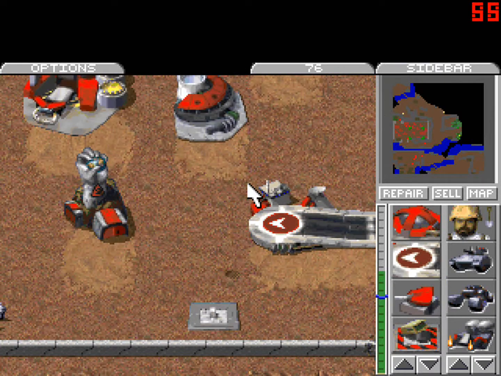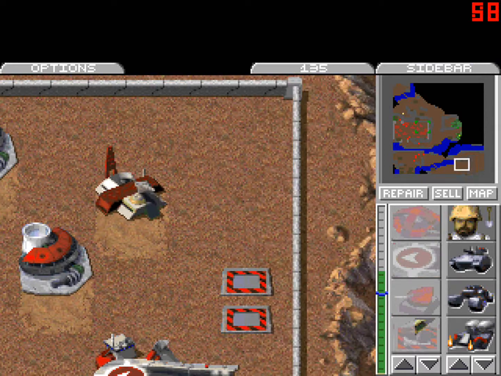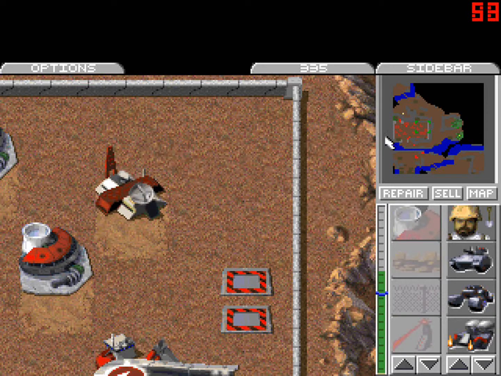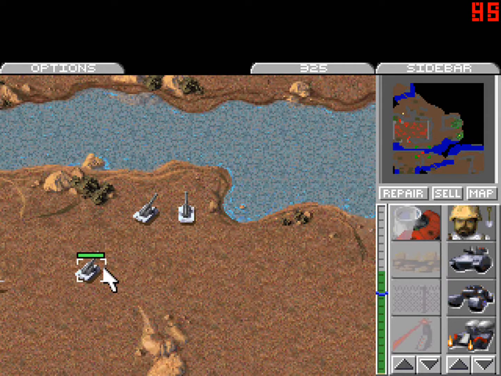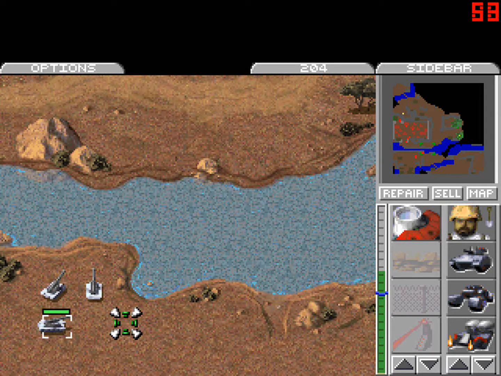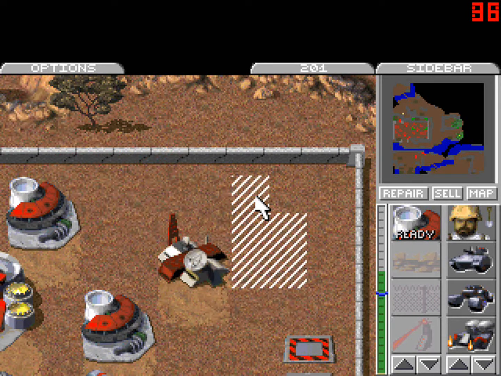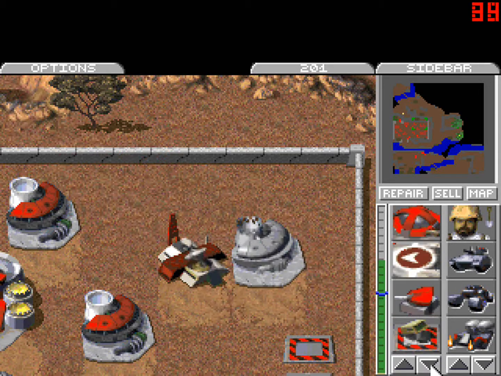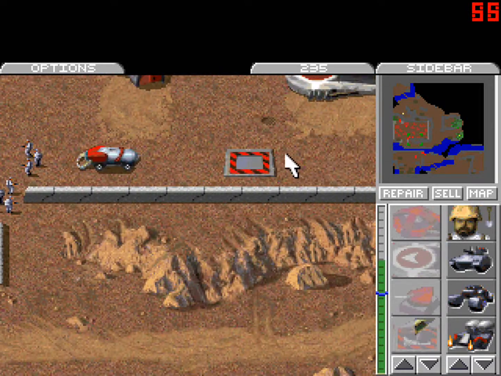Construction complete. Build that there. Building. On hold. Cancelled. Actually, we'll build a power plant here and then we'll build another SAM site, I think. Unit reporting. Affirmative. Construction complete. Acknowledged. Place that there. Building. I should have more or less enough SAM sites, I think, to waylay any attacking forces